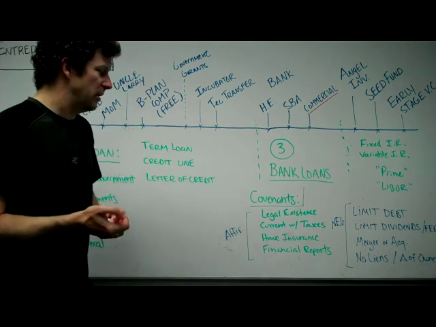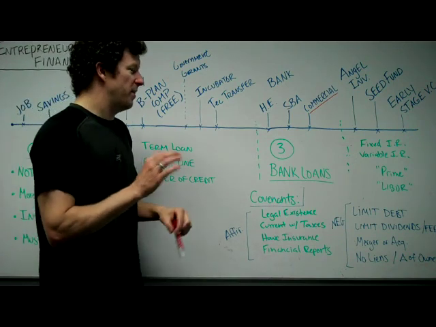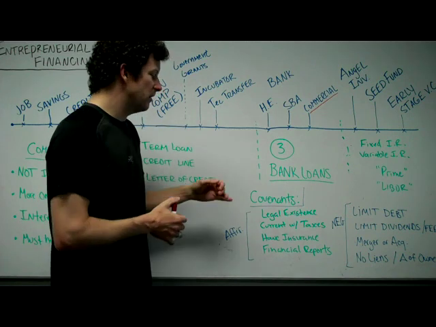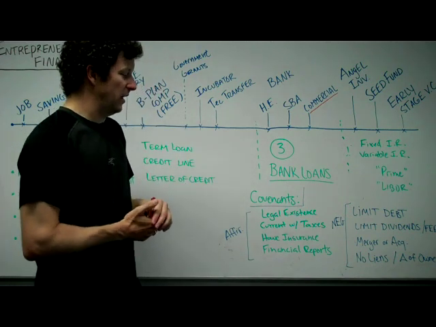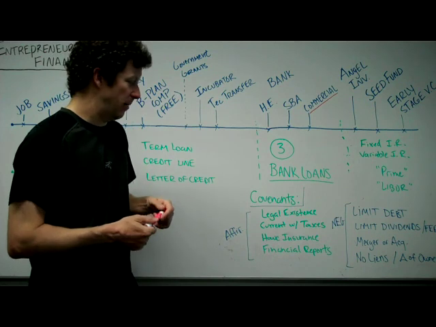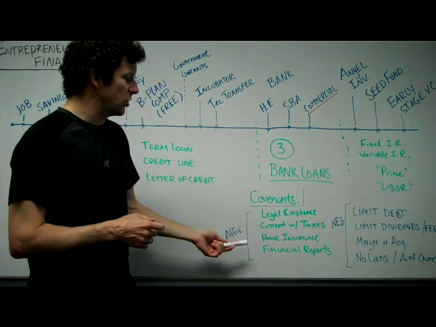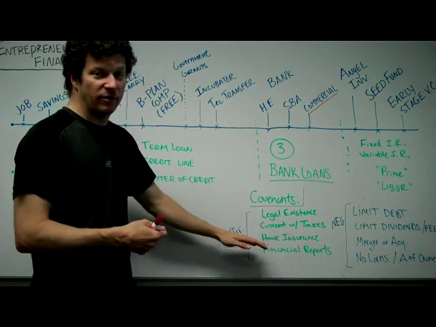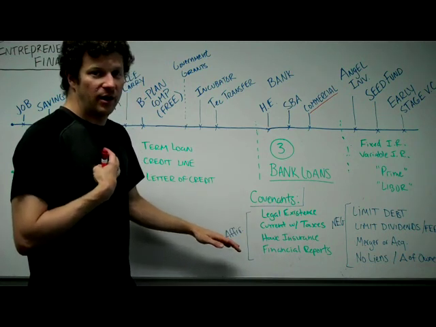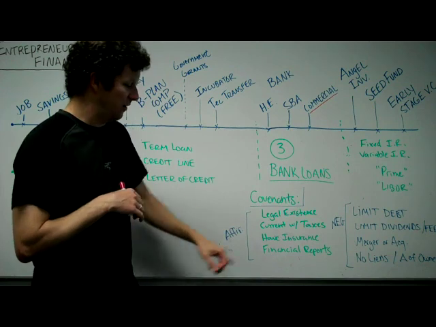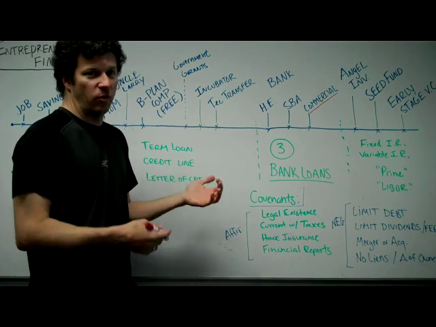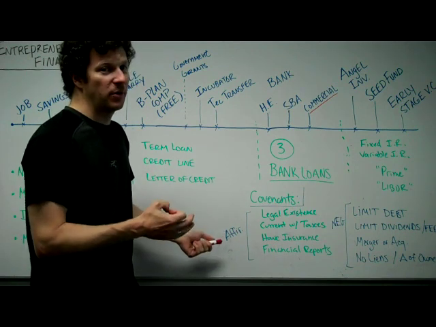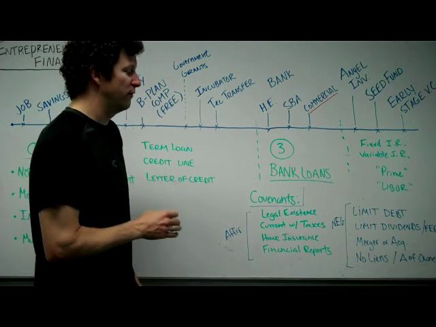That could be a 30-minute explanation unto itself, but here are some simple ones. Affirmative covenants. What that means is that these are the things you have to do. You have to maintain legal existence of your company. You have to stay current with your taxes, so you can't skip out on your tax bills. You have to have insurance, and you have to have financial reports. If you violate any of these, I have actions I can take as the lender to require you not to violate these things. So you have to do new financial reports, you have to make sure that your corporation stays incorporated. Those are examples of affirmative covenants, things you have to do.